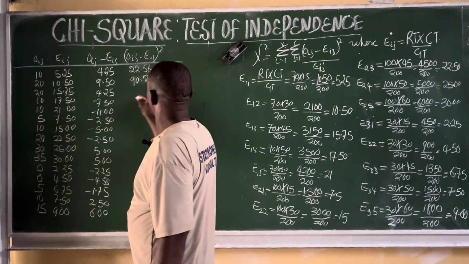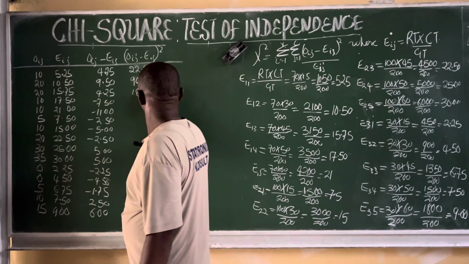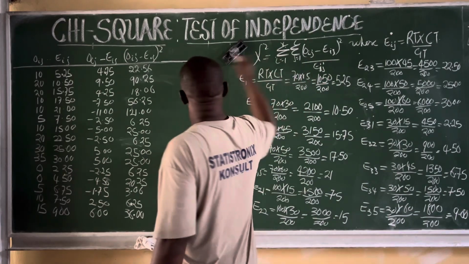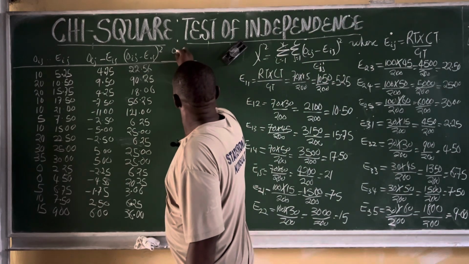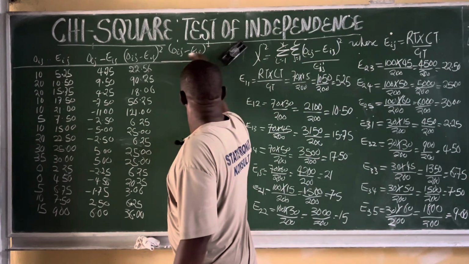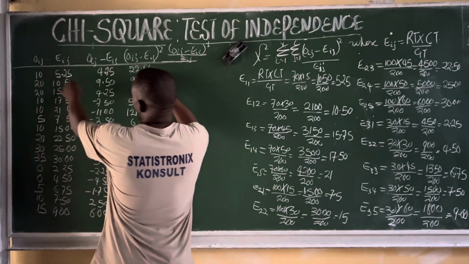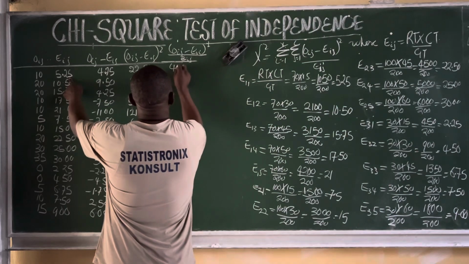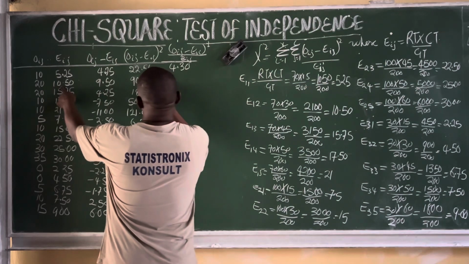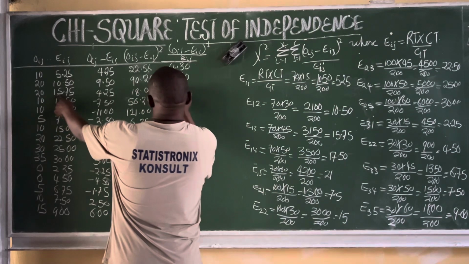So the square of this is... Okay, so the next thing, according to the formula, will be our observed minus expected all square divided by the expected. And so if we divide this by this value, it will give us, dividing this by this, and this by this,